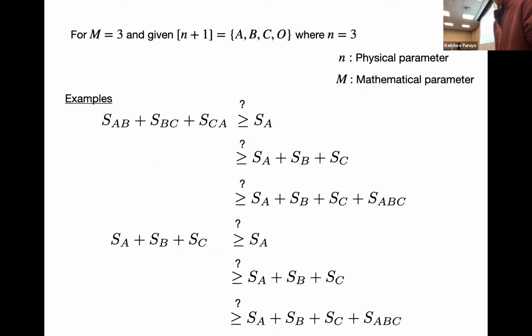Okay, so this was the example. Small n was the number of terms on the left-hand side, and n plus 1 is the number of disjoint regions, and O is always a purifier. So when I say n equals 3, it's the number of disjoint subregions that can appear in the inequality. And for example, when m equals 3, you have 3 terms.